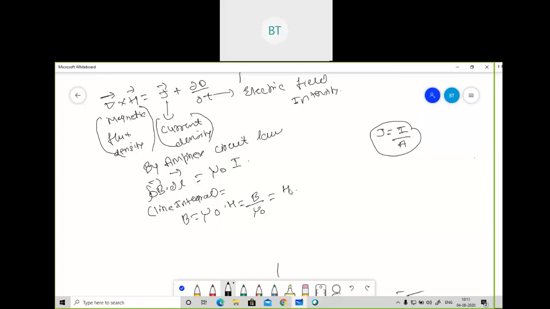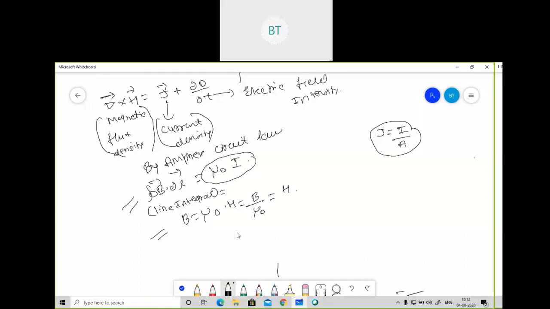Ampere circuit law states that the line integral of the magnetic field forming a closed loop around the current carrying wire, in the plane normal to the current, is equal to mu naught times the net current passing through the closed loop. Means this will be mu naught times the net current passing through the closed circuit loop. If you have not studied Ampere circuit law, kindly go and see. This is the mathematical term we get from Ampere circuit law.